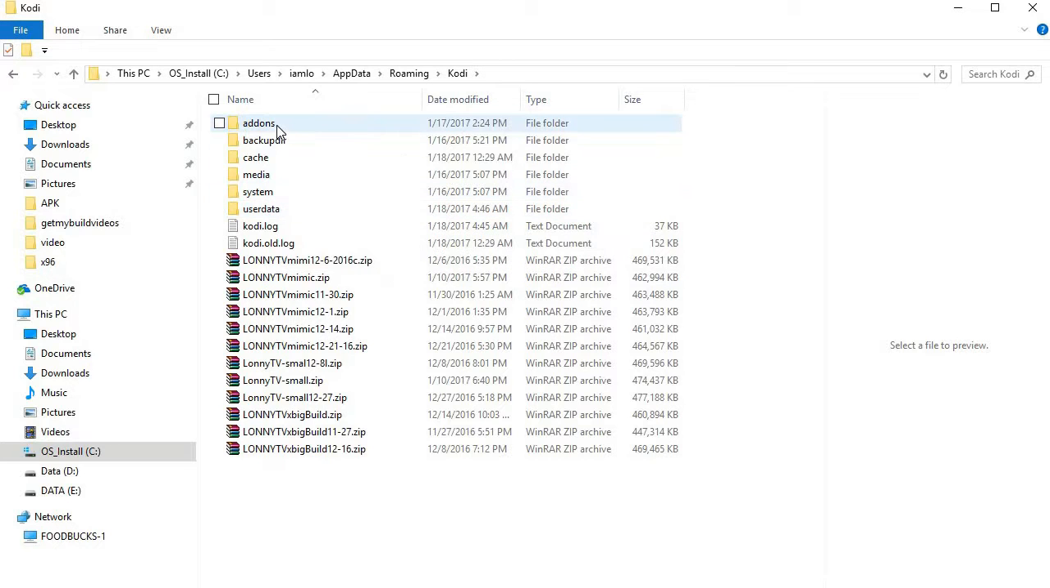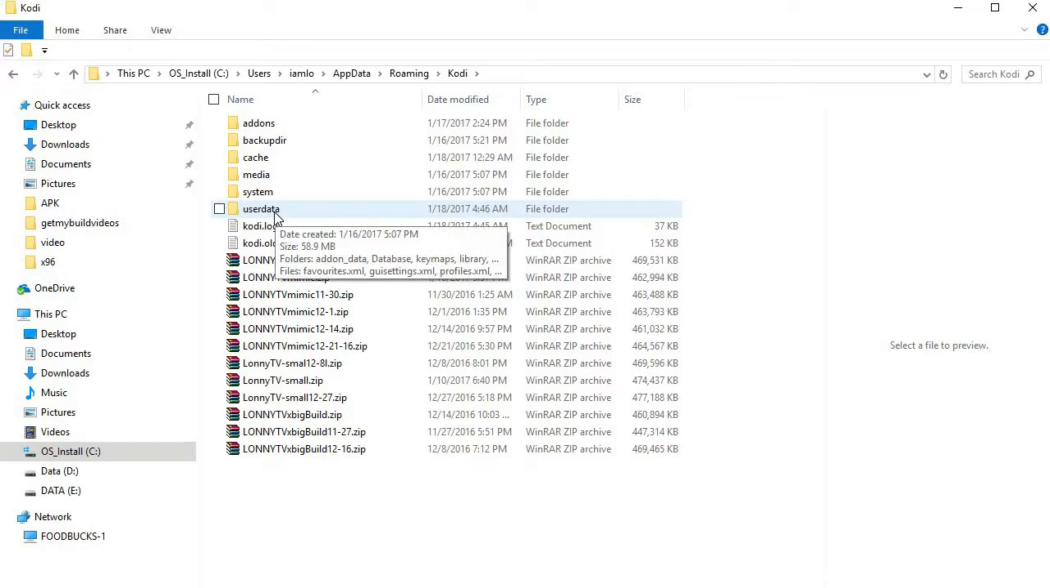So, again, the files we move are the add-ons, the media, and the user data. That's what we keep. Everything else is pretty much useless when doing a build. So what I recommend is this. You go into user data,